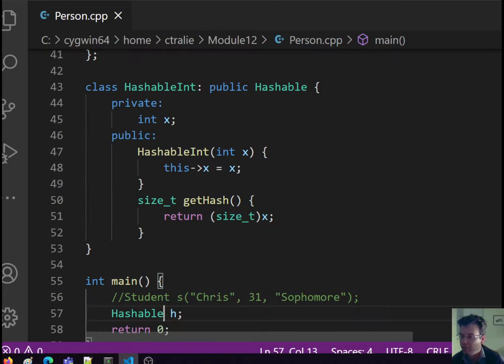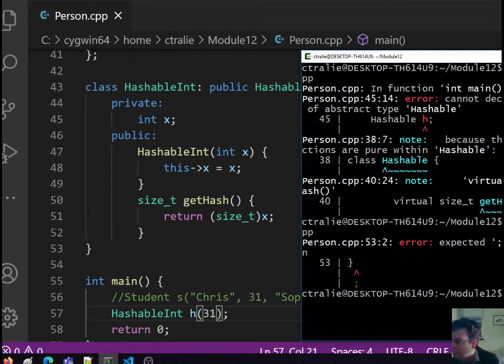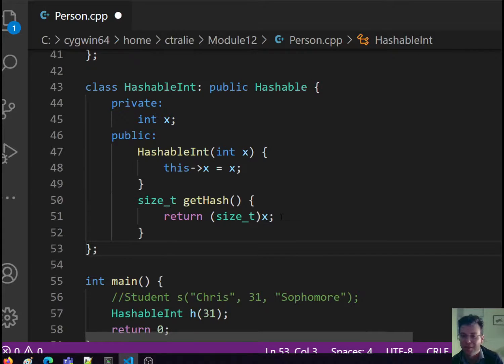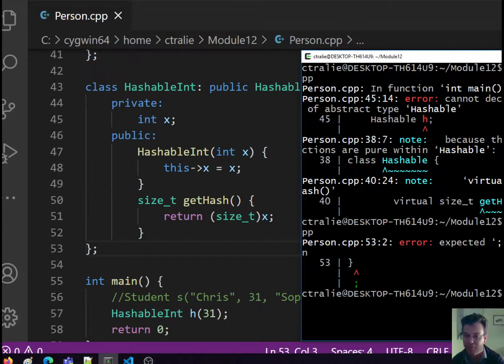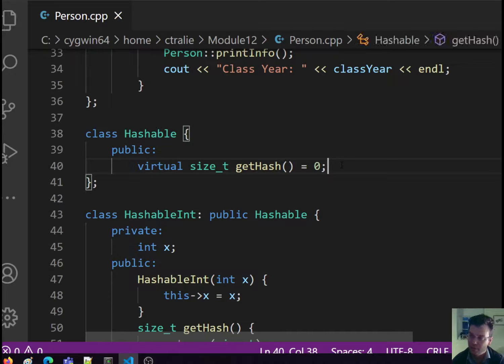So now I can certainly declare a HashableInt, and now things should compile okay. Of course, I need my semicolon after the class definition. That's one thing that's different from Java. Okay, so that's what we call pure virtual. So this is basically like an interface in C++. If you have any methods like this,